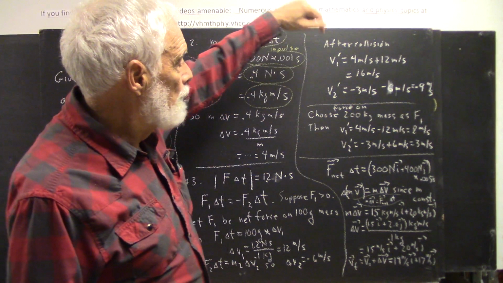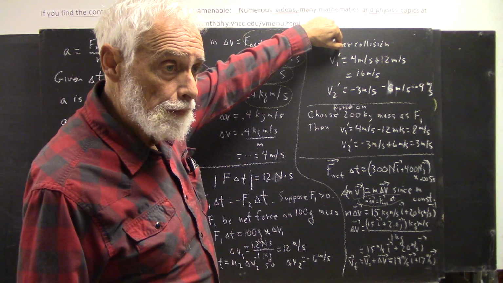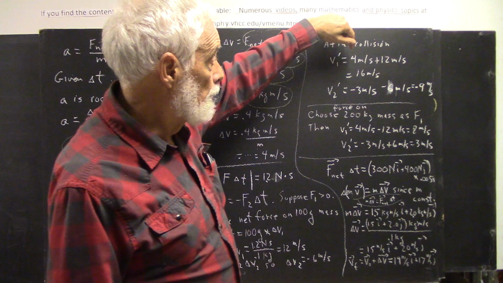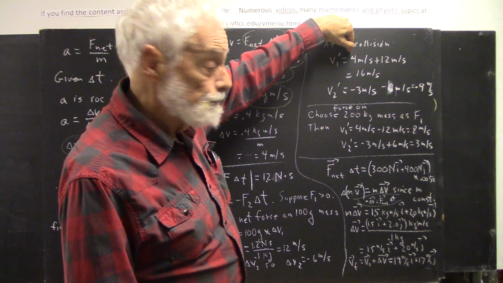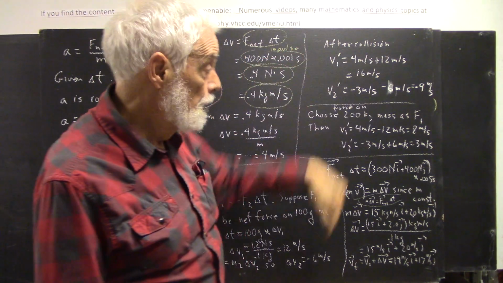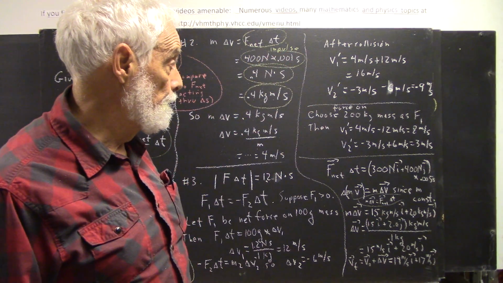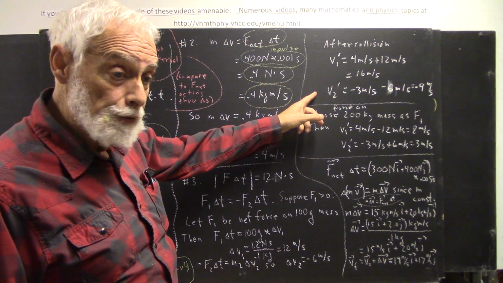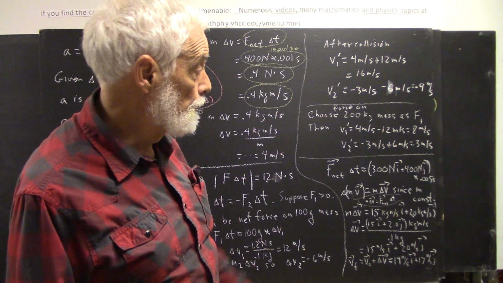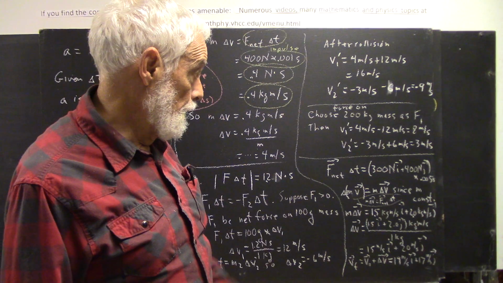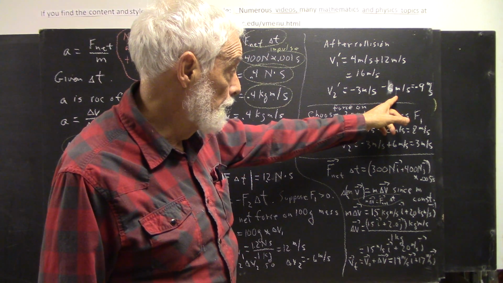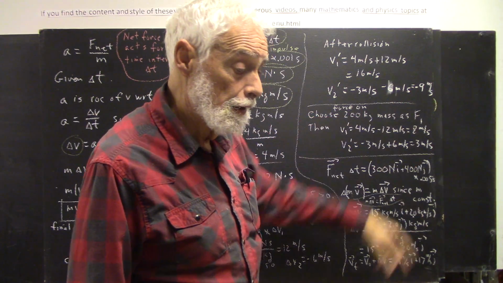If V1 prime stands for the velocity of the first object after collision, that means it was moving at 4 meters per second, and it changed velocity by 12 meters per second, so it ends up at 16 meters per second. The second velocity after collision, well, its velocity before collision was negative 3 meters per second. Then its velocity changed by negative 6 meters per second, so now it's moving at negative 9 meters per